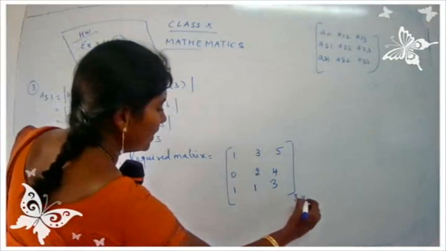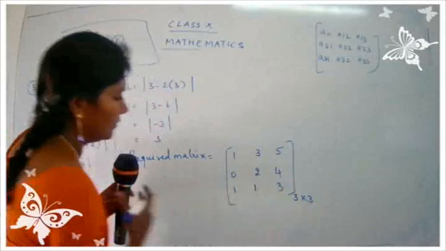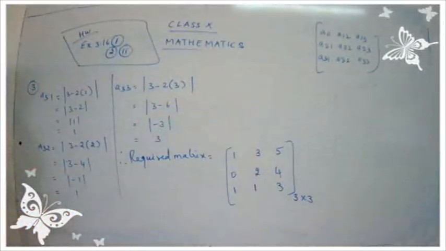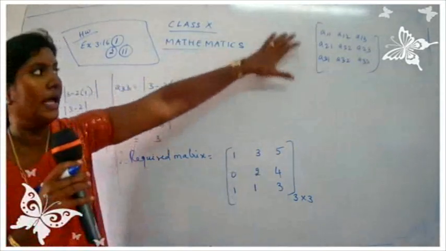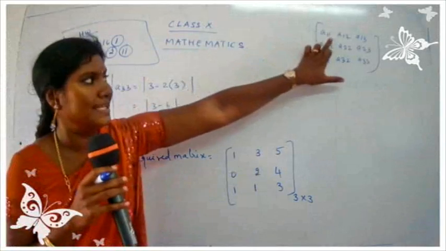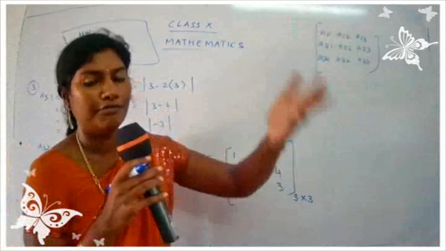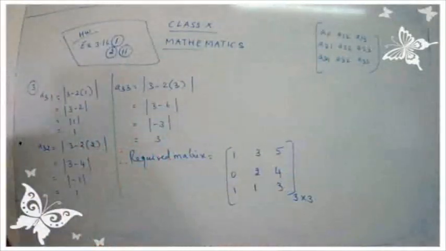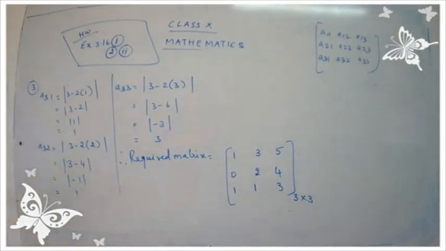You can just write down here 3 by 3. I hope you're clear with the sums. Yes, children? So first of all, you have to write the general matrix. I have written the general matrix. And 1, 1 means i is 1, j is 1. Here i is 1, j is 2. So accordingly, you have to substitute the value and get the answer. So we have completed question number 3, the first subpart, and the second subpart will be done as homework. Okay, children? We'll be continuing with the types of matrix in the next class. We have some sums based on the types, so I'll be explaining the different matrices in the next class.